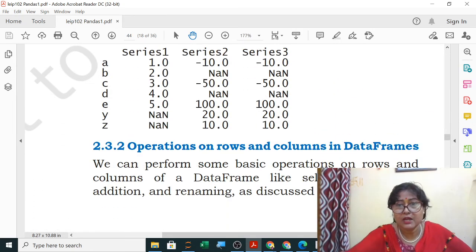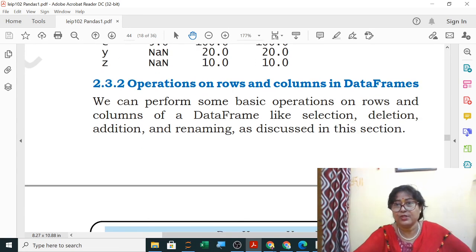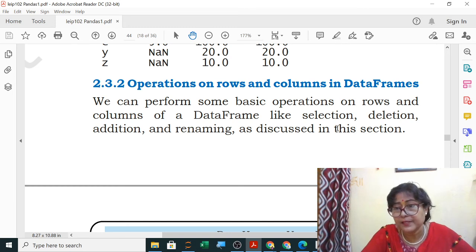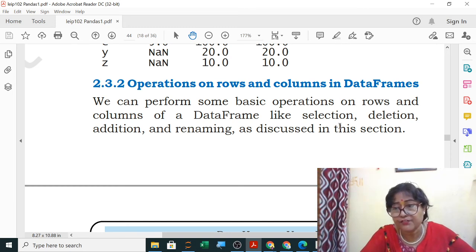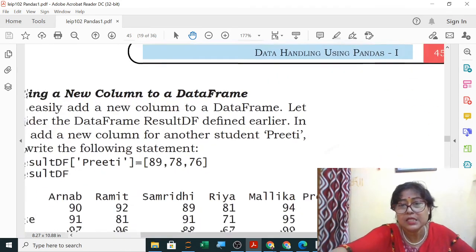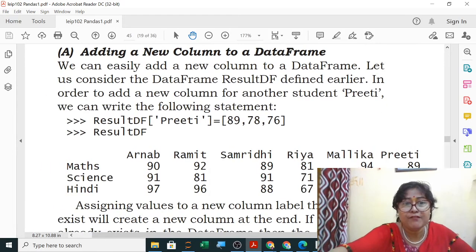Now we will start in our next class all the operations on rows and columns. Now in your project it is compulsory that you will use data frame to CSV, CSV to data frame and all these operations. Then you will use the graph plotting.